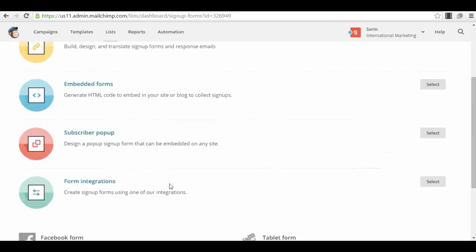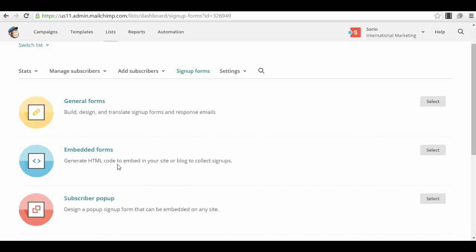Different types of integrations: embedded form. If you want to integrate your opt-in form into a web page or website, maybe you have a WordPress website and you want to integrate it in the sidebar, in a small part, you can use the embedded forms. Or you can have a general form. And this is actually pretty cool because a general form can be hosted by MailChimp itself, so you don't even need a website. The general form will be on a page that is hosted by MailChimp itself. So I will select now the general form.